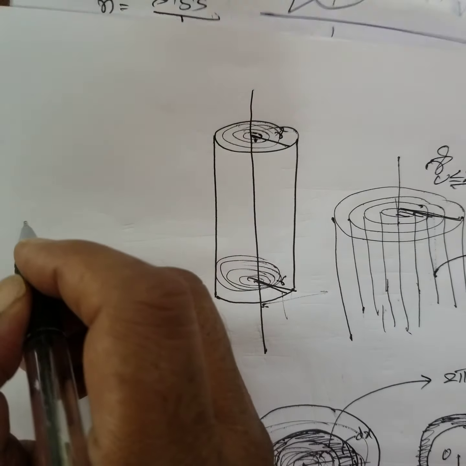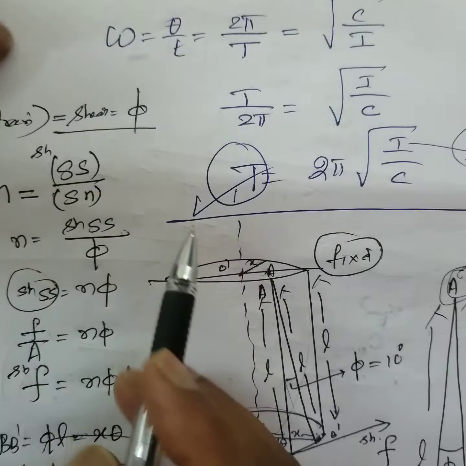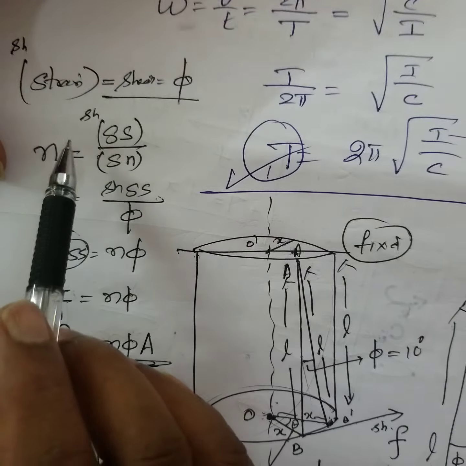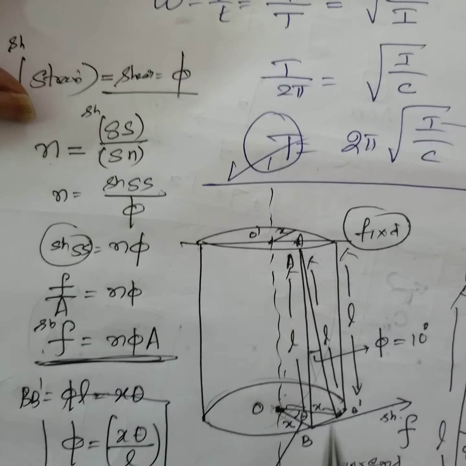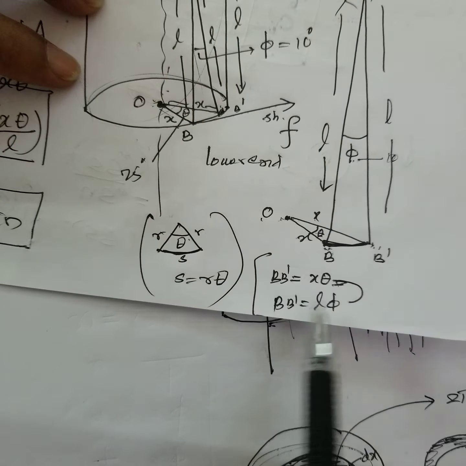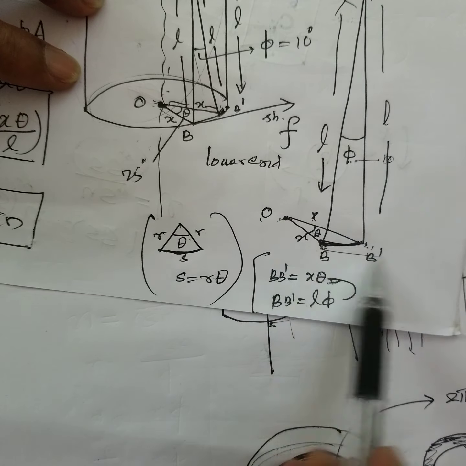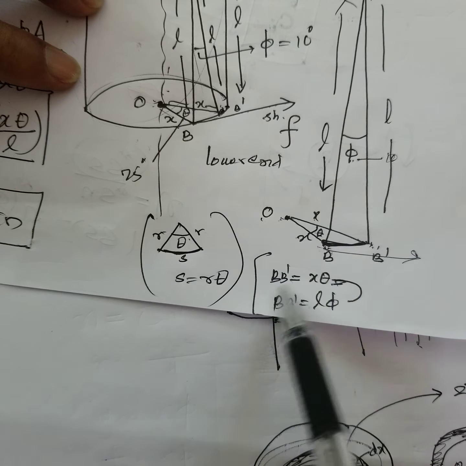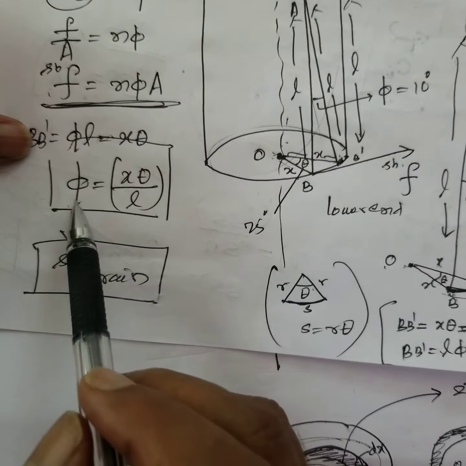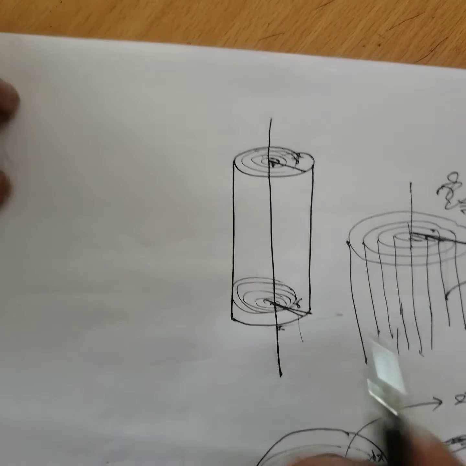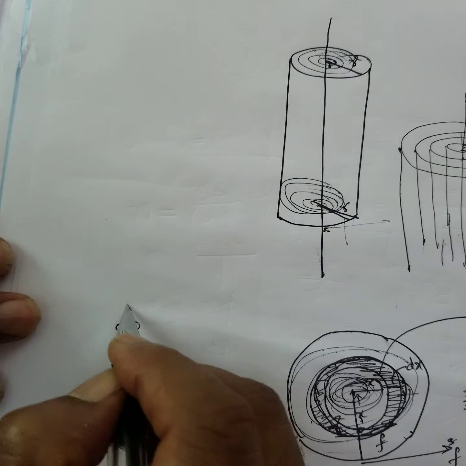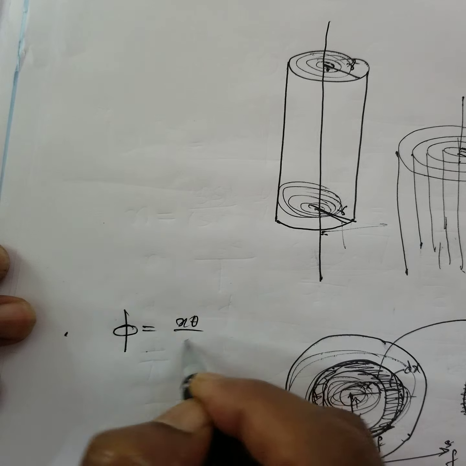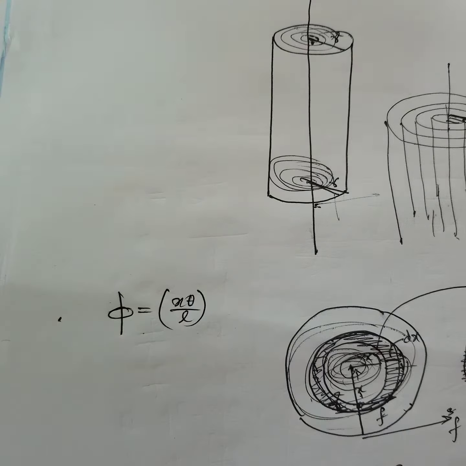Because again, rigidity modulus you have studied now. This force you calculated. How to calculate the force? For that you need a strain. You know how to calculate the strain. Strain we have already calculated. Because of the force, this displaces. This is called shear. Then you got the relation between this. What is the relation? Strain, I got it, x theta by L. Therefore, strain is equal to x theta by L. I got it. Can you follow?